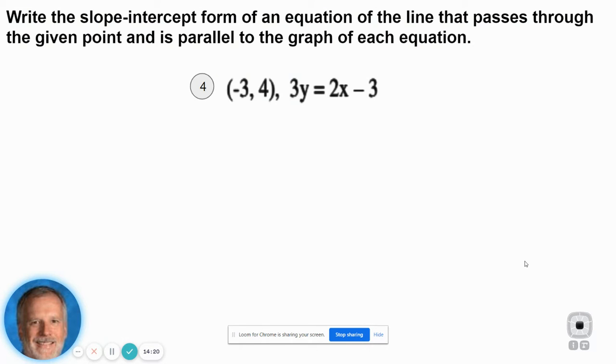Let's look at another problem. This one's a little different. What do you see is different about that one? Well, first, you're given an equation that the new equation we're going to write is parallel to: 3y equals 2x minus 3. But this new line has to pass through